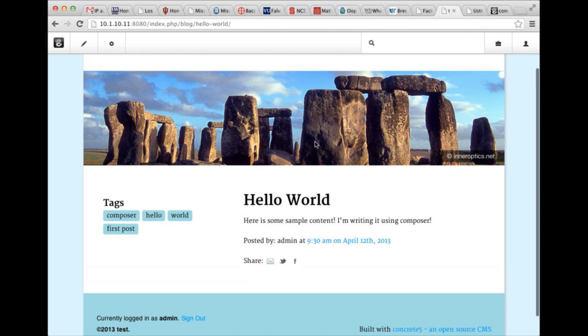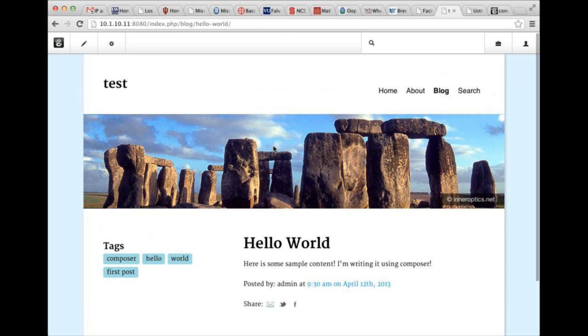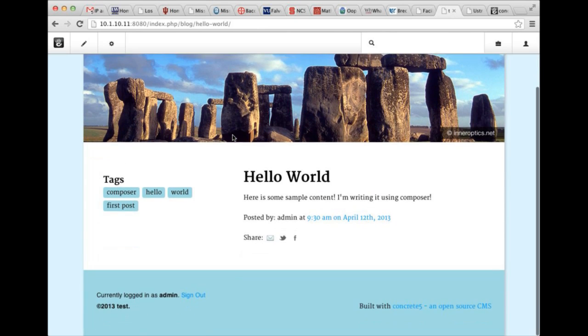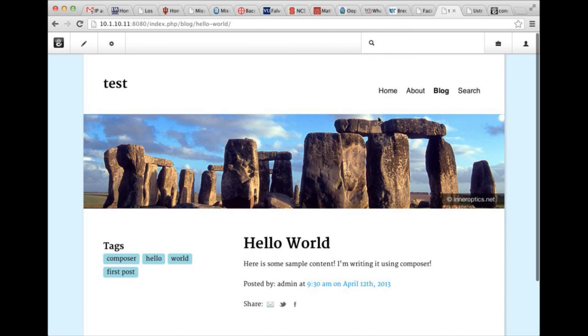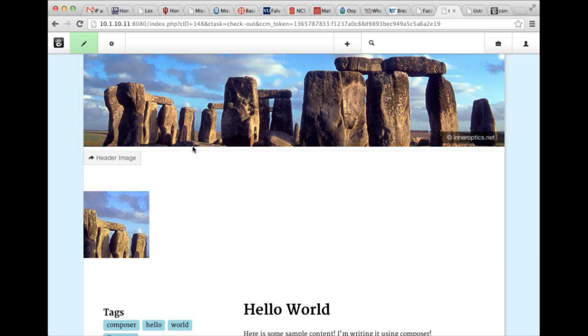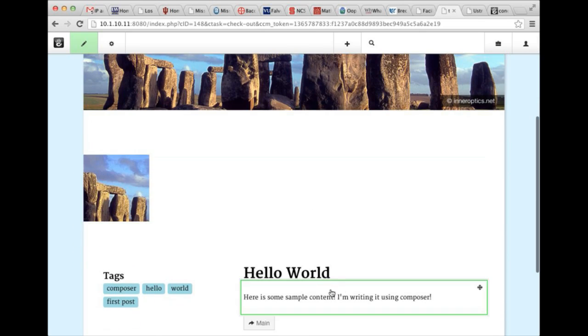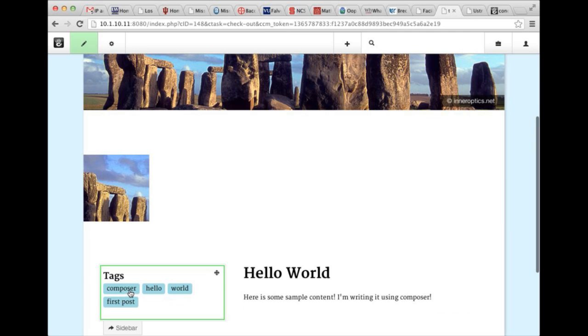So for what Franz was saying, this is a blog entry in the sample content of a Concrete5 site, and of course you can go to this page to edit it. But for adding these pages, there's a number of different components. If I put this page in edit mode, there's this thumbnail image, which is what is used to display the thumbnail on the page list that lists these out. There's this header image that has to be sized correctly, and there's this content, and there's also tags,